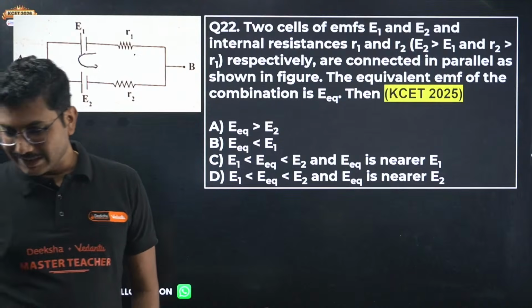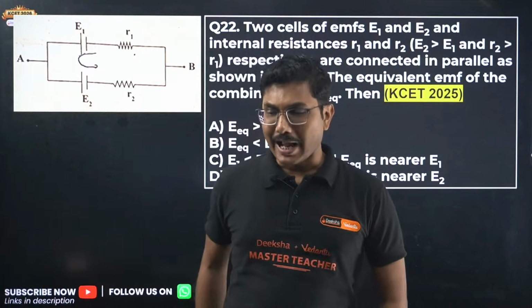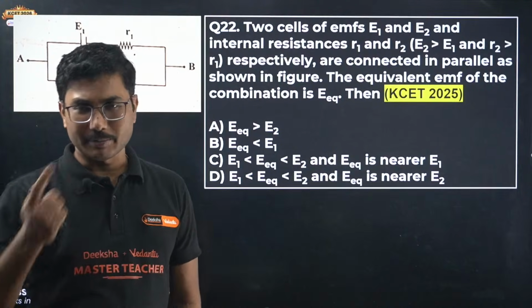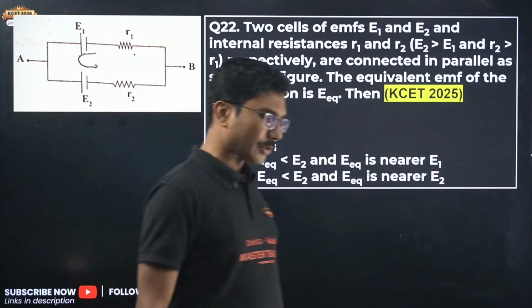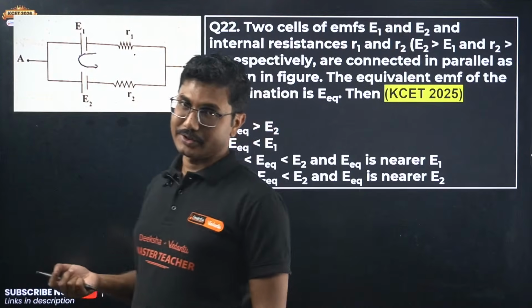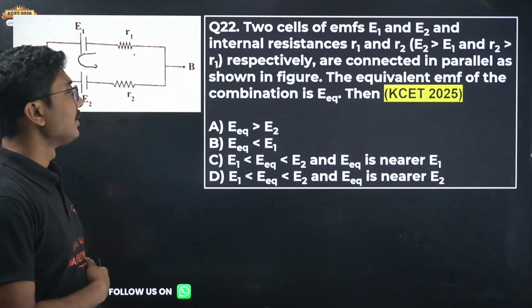Last year's paper was easy, Kishore. Last year's paper was almost very easy. The paper that I discussed in my lecture, that student also got 60 out of 60. We collected that paper from one of our Deeksha students, and that student also got 60 out of 60. Many students got 60 out of 60.